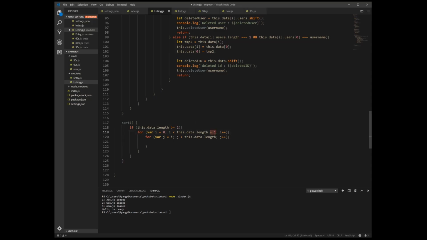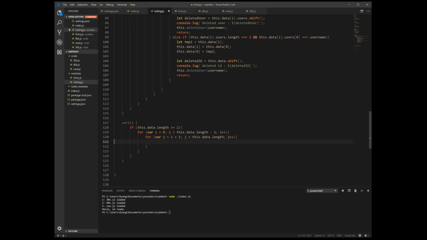All right, so the first for loop, I start from 0, while I is smaller than this.data.length minus 1. The reason why I'm doing minus 1 here is because j is equal to I plus 1. So this one's going to go to the before-last value of the array, and this one's going to go to the last value of the array. So the array is fully covered anyways. If we check this one without the minus 1, we end up checking the same value, which we don't want to do. We want to check different values, right?